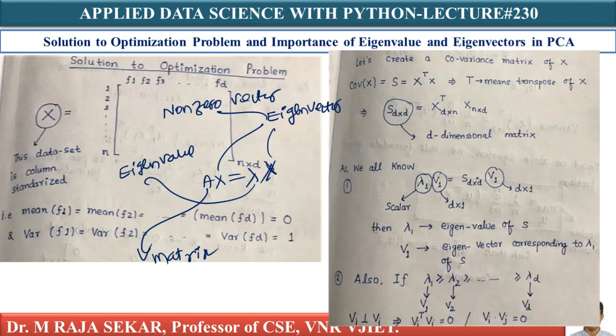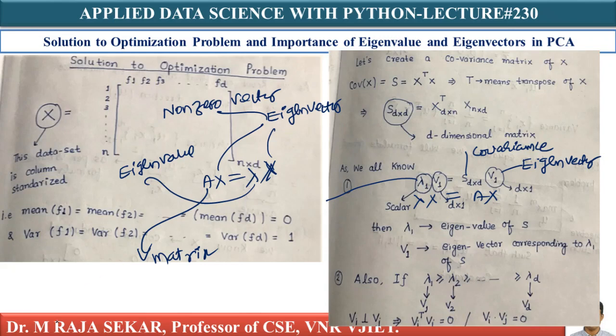Therefore, just see here, what is this? This is my matrix, my covariance matrix. I am calculating eigenvalues and eigenvectors for covariance matrices. What is this V1? This is an eigenvector. You must always remember, an eigenvector must be a non-zero vector. What is this lambda 1? This is something like Ax equal to lambda x, isn't it? What is my x in Ax equal to lambda x? In the place of x you have V1. Therefore, V1 is an eigenvector, lambda 1 is an eigenvalue, and S is the covariance matrix.